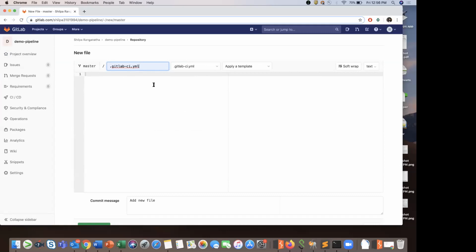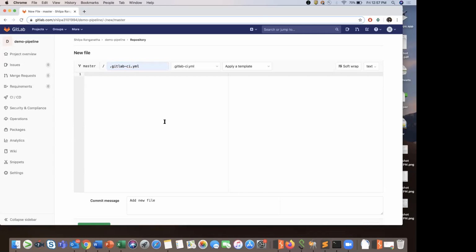So YML is a configuration file here for GitLab CI, and we will be making use of the YAML language. If you just Google the full form, it says YAML ain't markup language. Yeah, it's a very simple, readable, very easily understandable language.